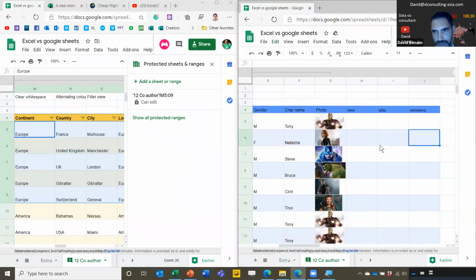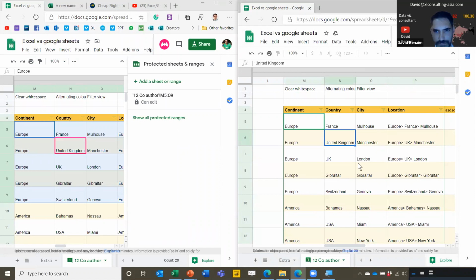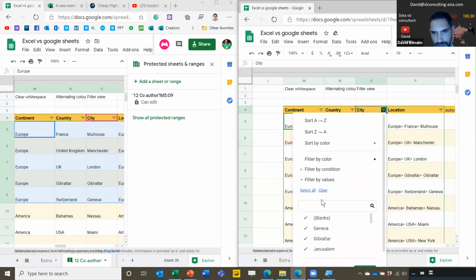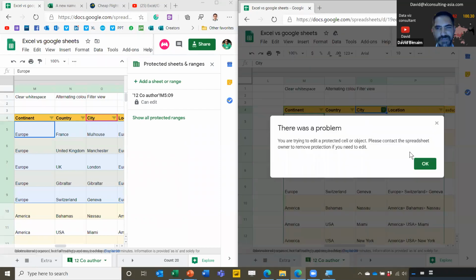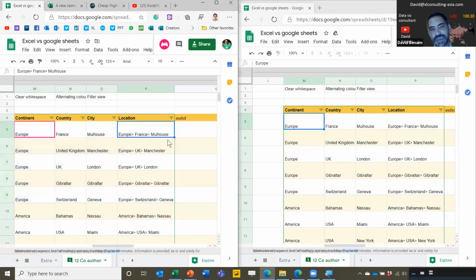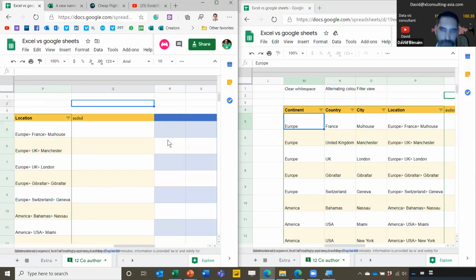So Google doesn't fix all of those options. It stops you editing it as we might expect, but if I filter, I often do get issues. It says I can't filter. So that for me is really frustrating. Personally, I think Google is a little bit better, it's just still not perfect. I personally think Excel's tables are better, but Google's are a bit more intuitive because it's called alternating colors and it doesn't confuse first-time users. But yeah, that's the end of that section.